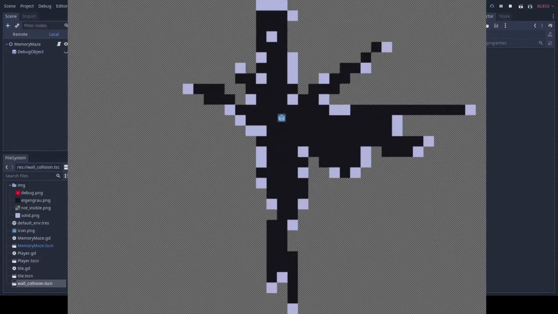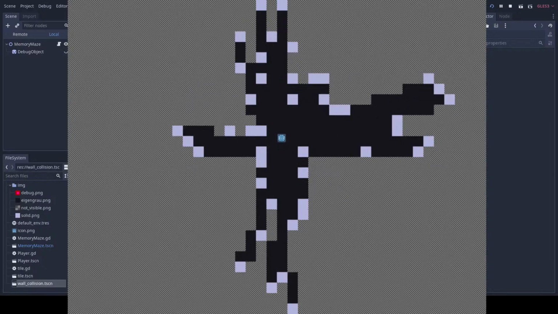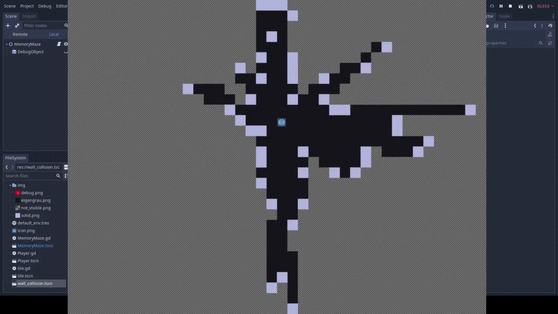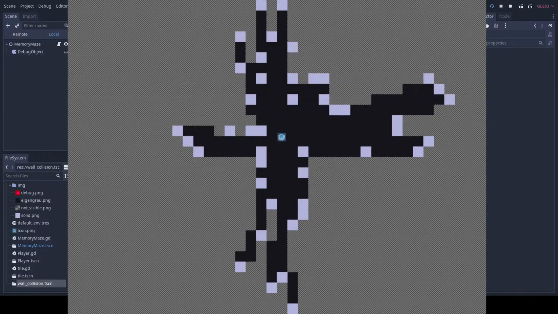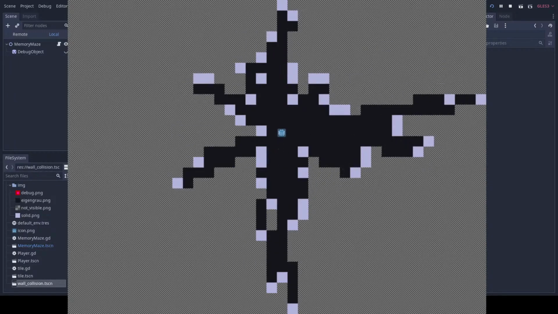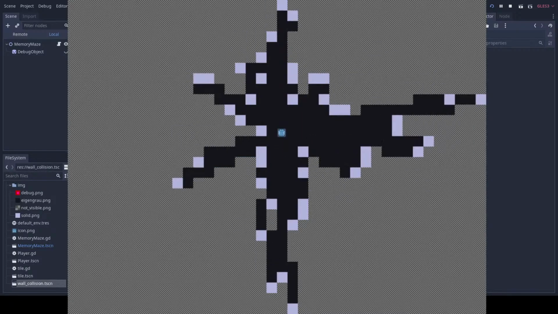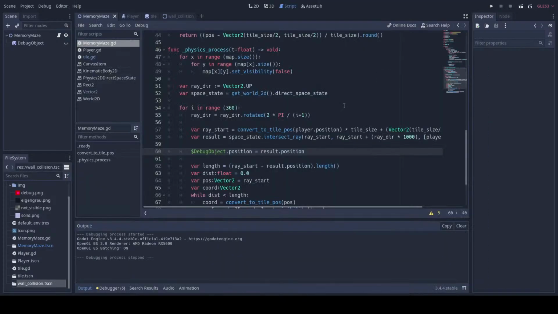The player should be able to see that wall up there, but I'm only casting 360 rays, so some of the wall tiles are getting skipped over. If I did cast 1,000 rays,